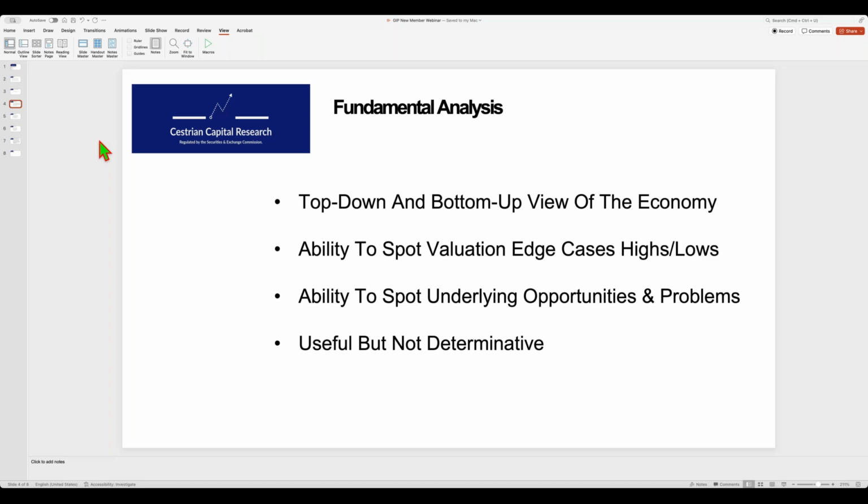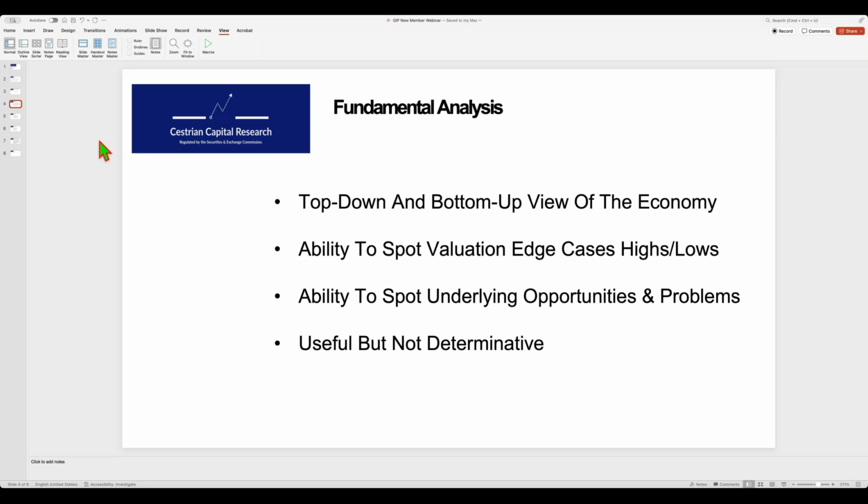What do you get from fundamentals? Well, I think you get a couple of things. I think you get a top-down view of the economy. So if you understand GDP numbers, inflation numbers, jobs numbers, all those things, you can get a sort of helicopter view of how the economy appears to be doing on a trailing indicator basis according to official stats. And that's a useful